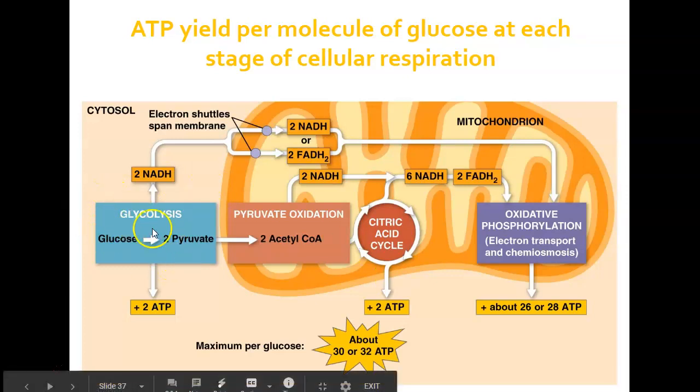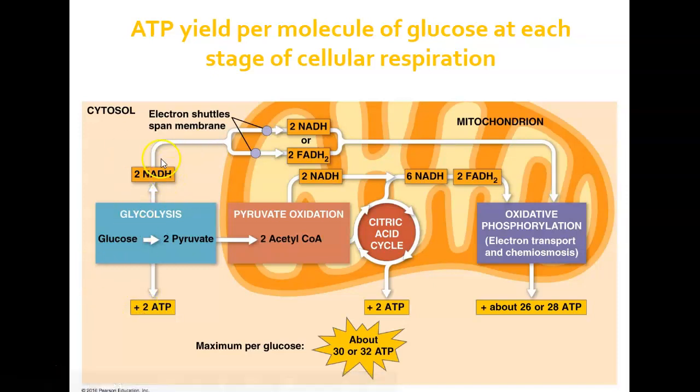So in glycolysis, we have a net gain of 2 ATP. Remember, we had to put in 2 to make 4, so net gain of 2. We also made 2 NADHs that will then act as a shuttle later on. There's the little intermediate step of pyruvate oxidation that generates 2 NADHs that can be used later on in the